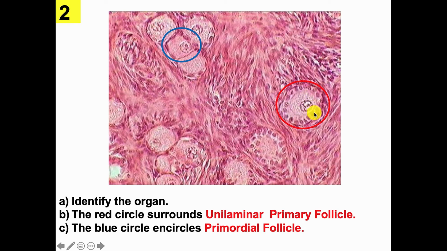It shows the primary oocyte and one layer of follicular cells in the form of simple cuboidal epithelium. So this is the unilaminar primary follicle. Then the blue circle here surrounds the primordial follicle because it shows one layer of simple squamous